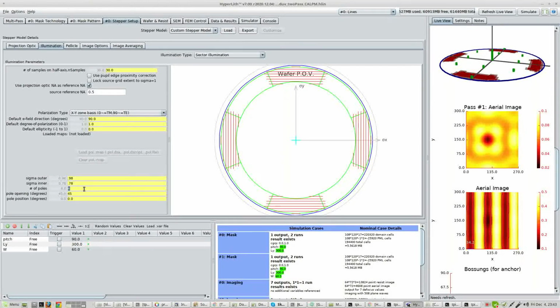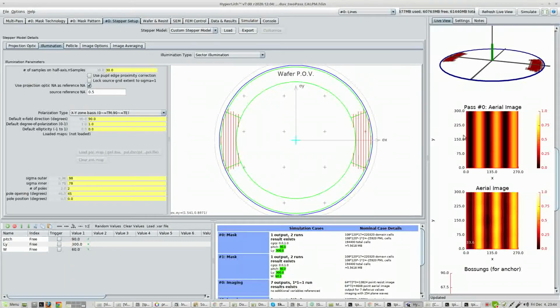This pass wants to see just dipole illumination. So now we have really good contrast in the first component of the image, which is the lines, and we're going to put a bright area here. So let's go to the second pass,